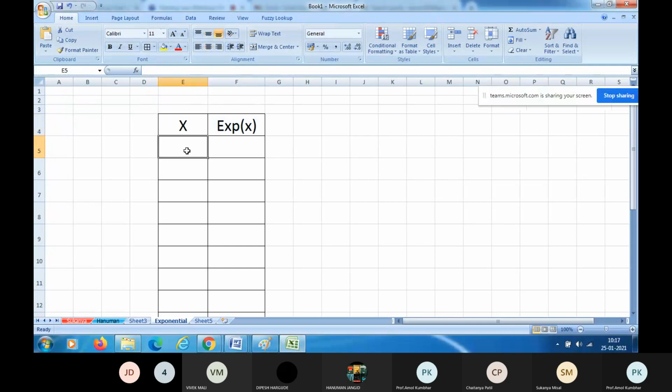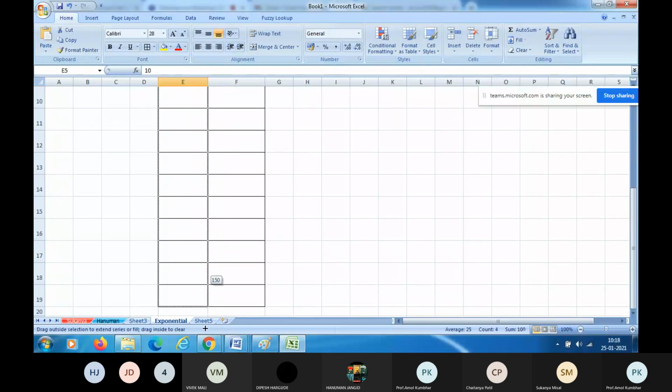Center, center. Let us choose values of x as 0. Now you can take any values of x. आप कौन से भी आपके हिसाब से आप कौन से भी वैल्यूज ले सकते हैं x के.